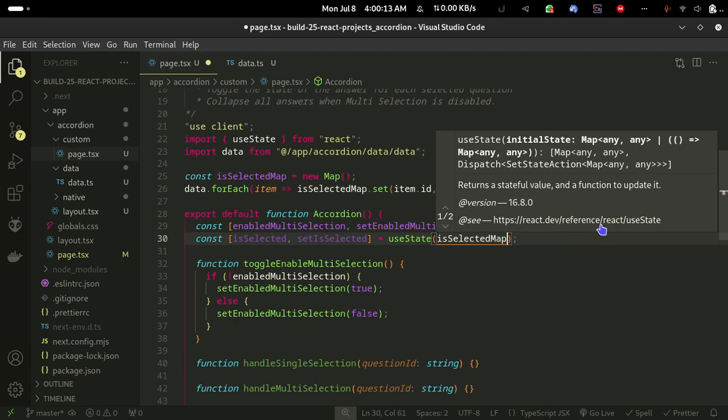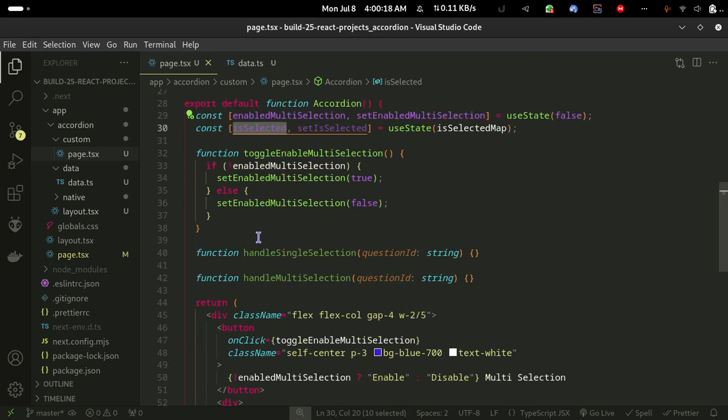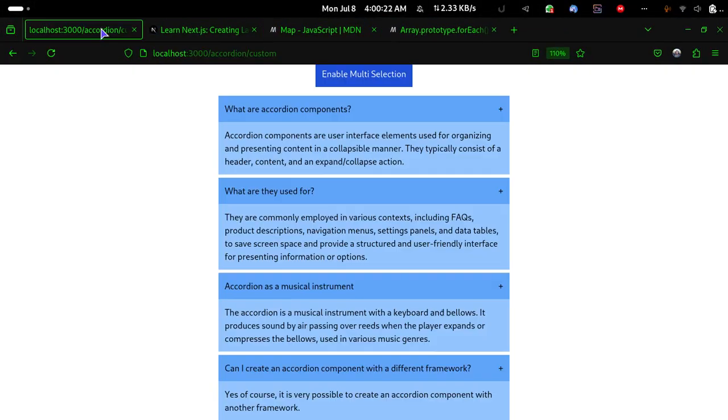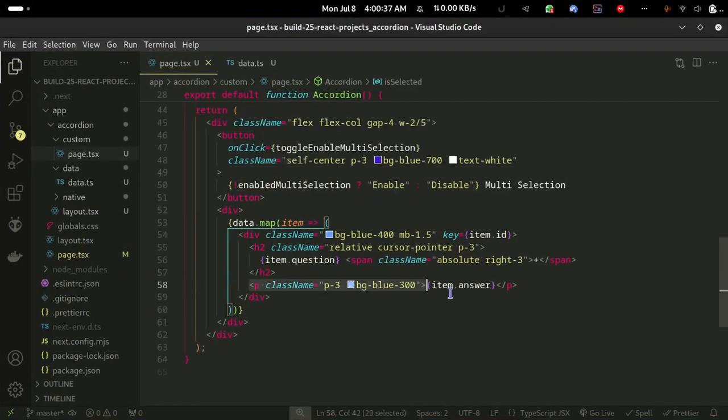Okay, and now we can use this piece of state to hide the answers. So for now, all of the answers are expanded. We don't want the widget to work like that. We want the answers to be initially collapsed, and then we can use this piece of state for conditionally rendering